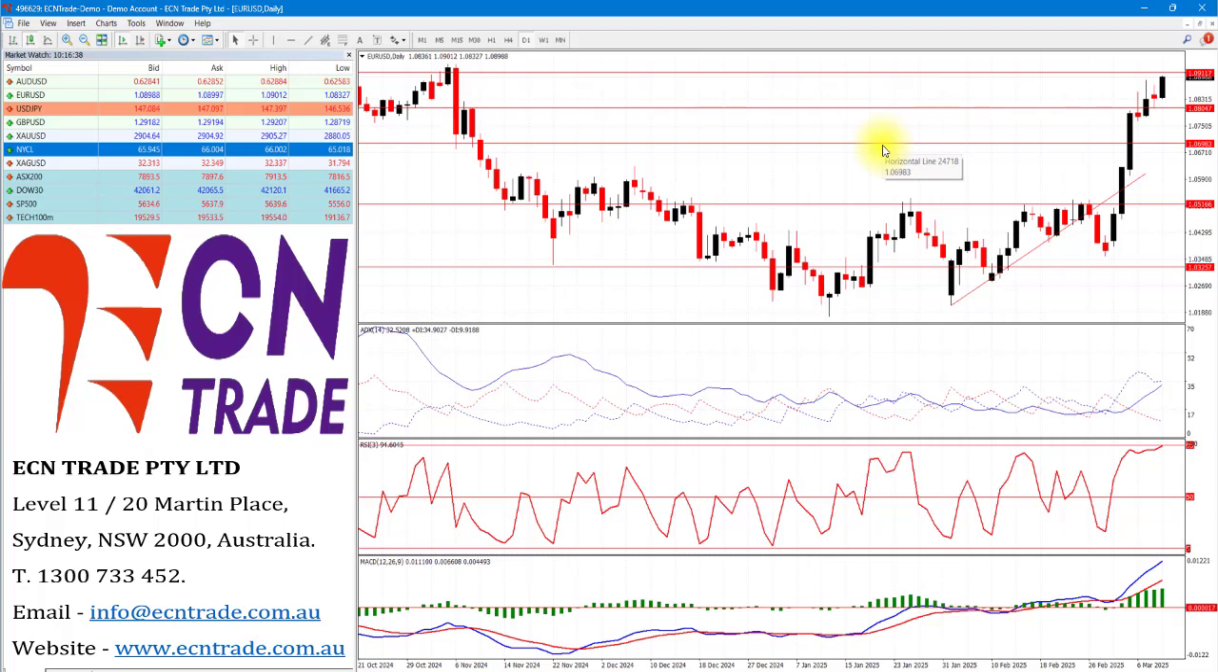It is somewhat heavy and therefore could see a move down to 102.50, which could put the move towards 1.095